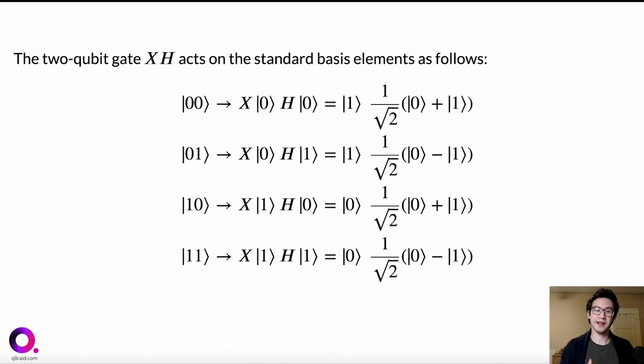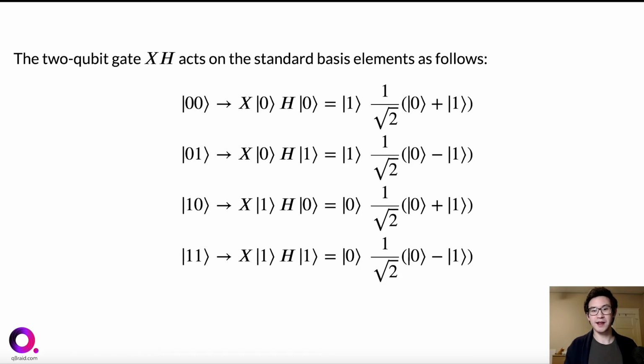And so in particular, as an example, the 2-qubit gate X⊗H acts on the standard basis as follows. Okay, let's look at the first standard basis state, so Ket 0, 0. The first qubit maps to X applied to Ket 0, and the second qubit maps to H applied to Ket 0. So all in all, we have Ket 1 on the first qubit, and then 1 over square root of 2 (Ket 0 plus Ket 1) on the second qubit,